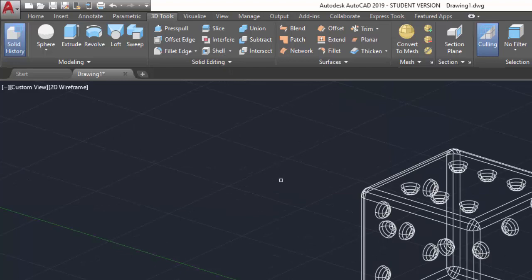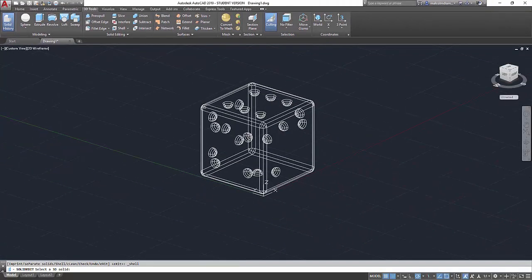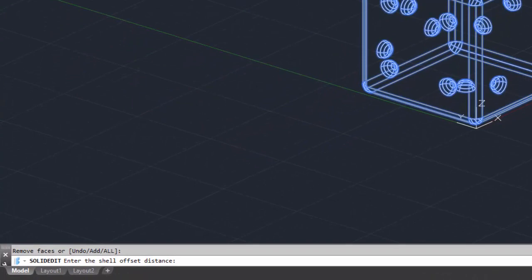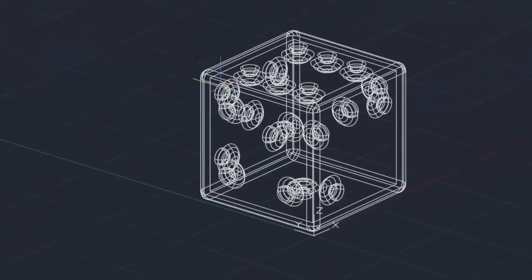Okay, so it says select a 3D object. I left click the whole die with all of its dimples and everything, and then right click and enter. The offset distance, as I've said, is 0.25 and then enter. Now, can you see that you've got this little cube thing on the inside, and at